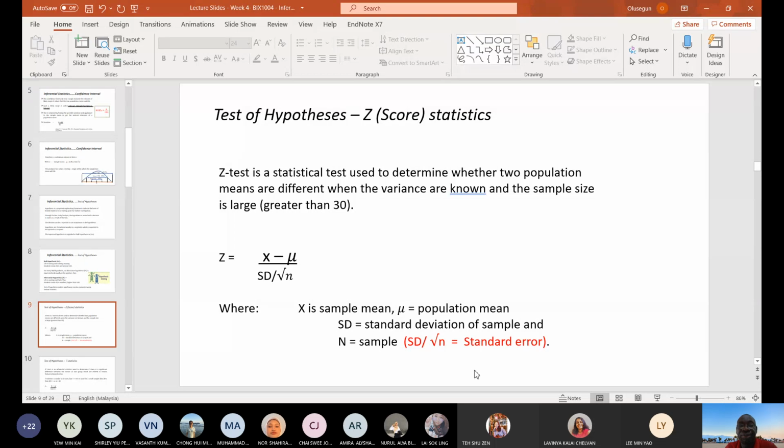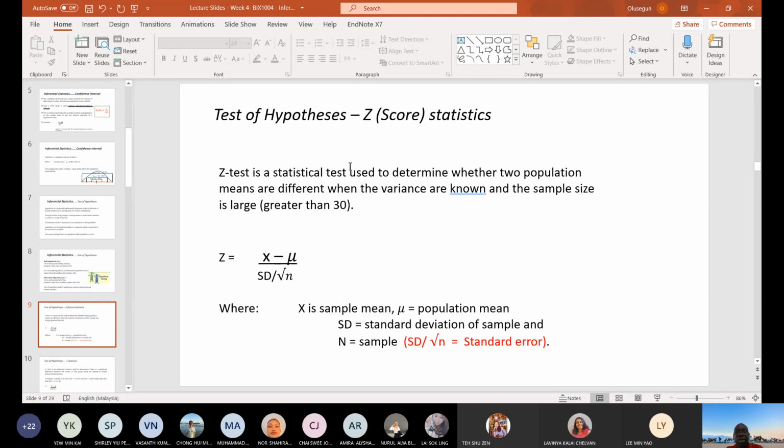Here, one, Z score. So for the person who asked for the Z score the other time, this is how to assess the Z scores. Most of the time, the Z score is expressed with this formula: x minus mu, all over standard deviation divided by square root of n. So this one gives us the Z